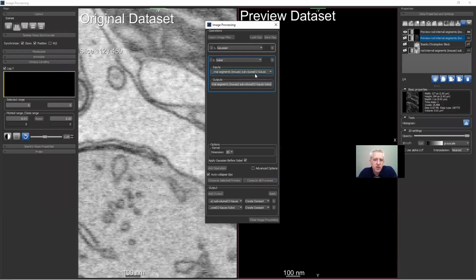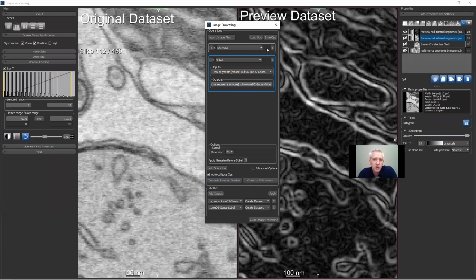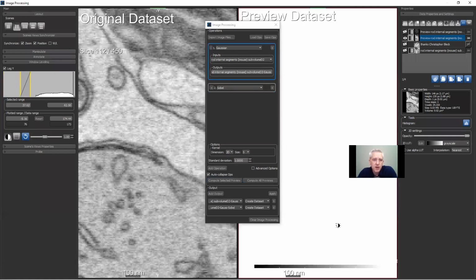So Sobel is chosen, and now it's taking the output of the previous filter, the output of the Gaussian, as the input to this filter. So what'll happen when I do compute previews is it'll take my initial input image channel, pass it through a Gaussian, then take the output of that and pass it through a Sobel. So now I can run compute all previews, and over here is the